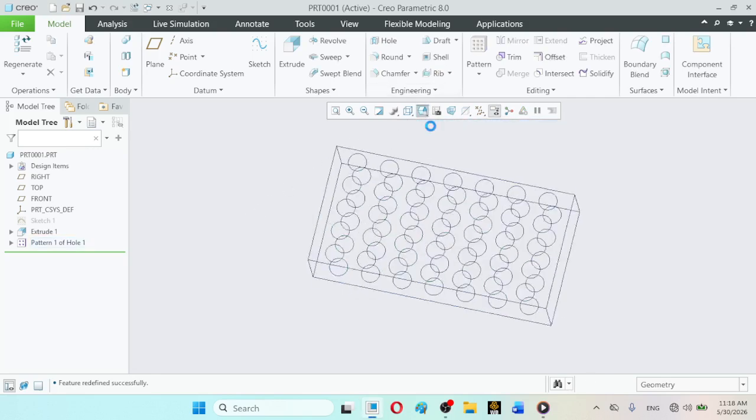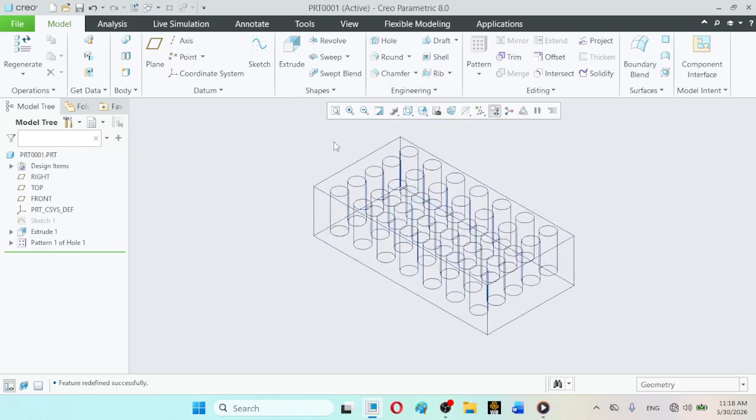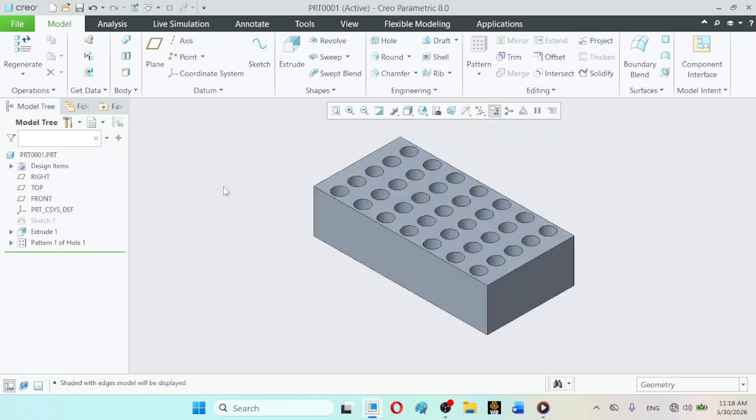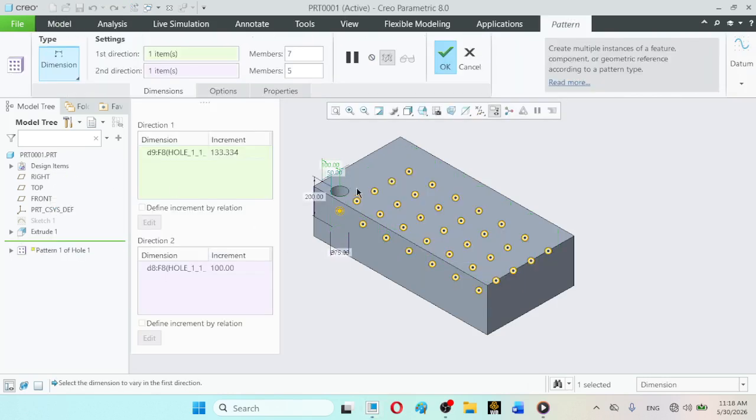So the very important feature that you have observed in this type, that in the dimension type, the direction is defined by the direction of the dimension.